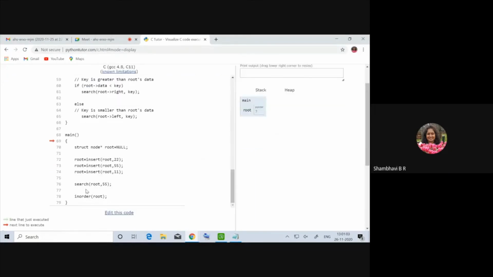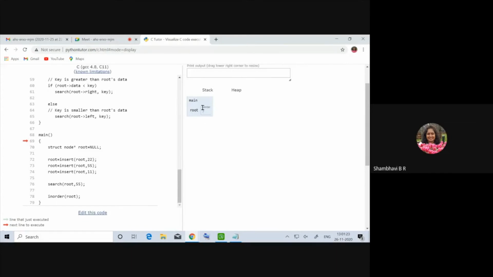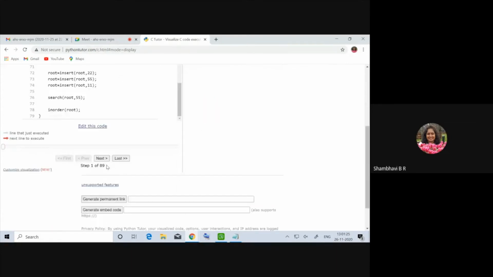I've included the tracing of searching here because we didn't do that in a previous video. So we will also see the recursive calls of how things are made to insert, search, and we will finally see how the in-order traversal of the root would happen. Okay, so initially, if you could see, there is the first call to the main,